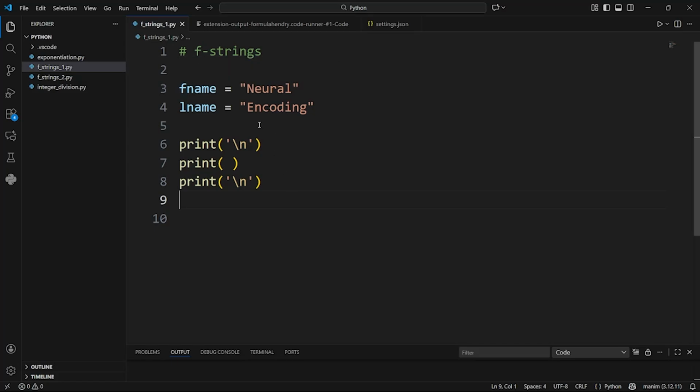Let's look at Python f strings. Here I have two variables, first name, neural, last name, encoding. And in here, instead of using the format function that you've seen me use before, I'm going to use an